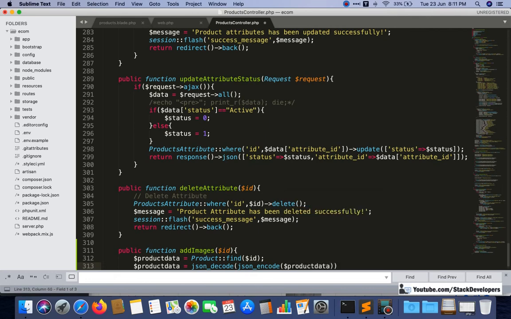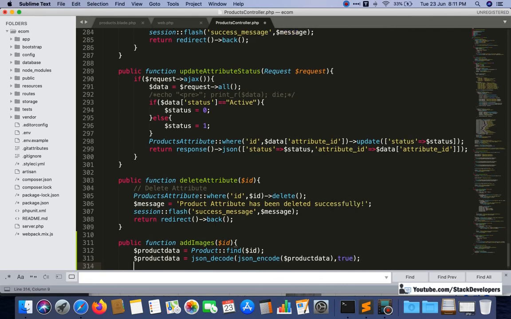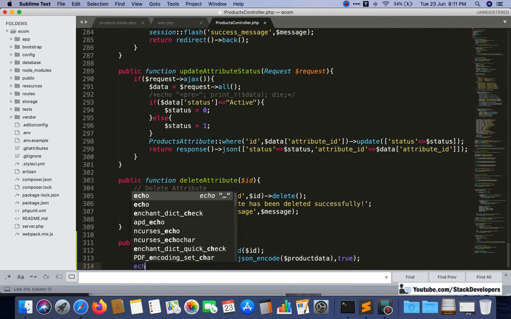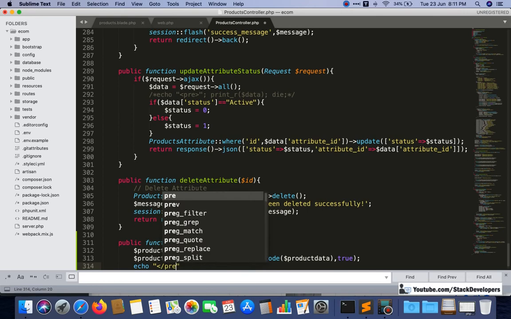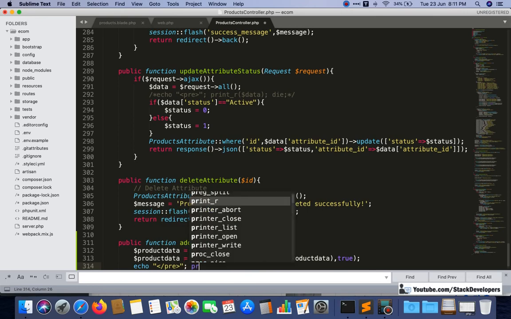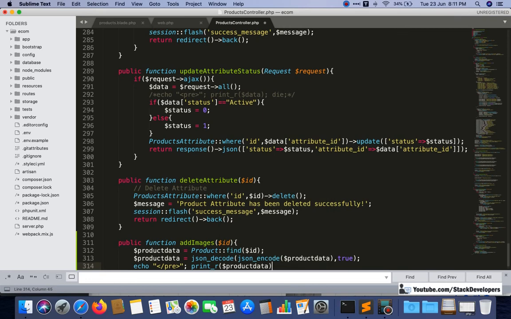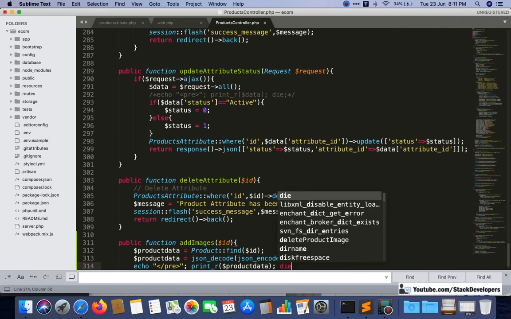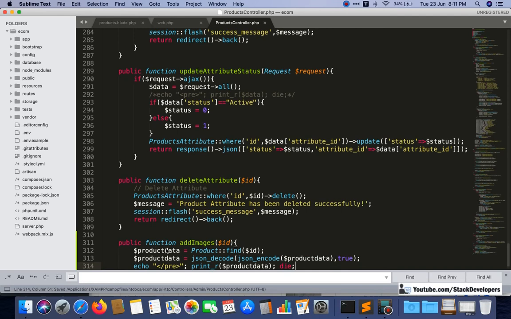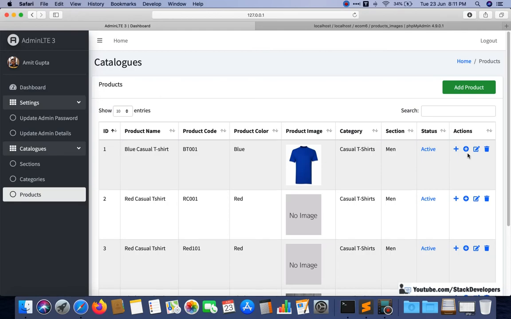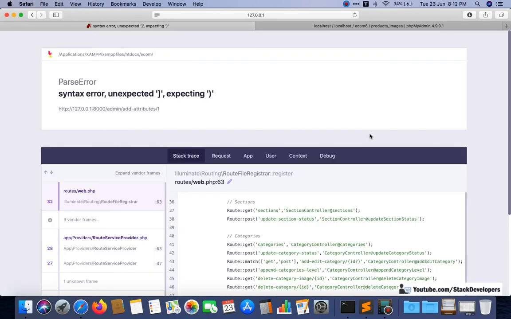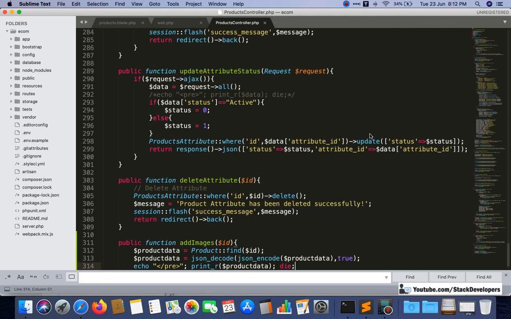I'm going to convert it to an array now. Most of the time we are going to do array, so I want to print it as well. So let's see. I am going to check now. Now I am going to click this one, and sorry, some error has come.